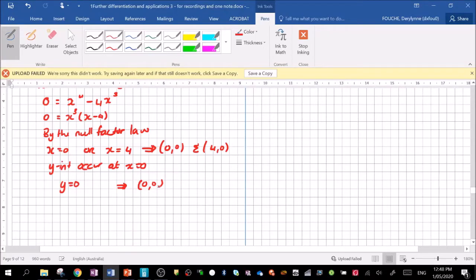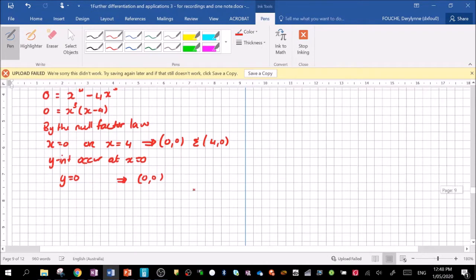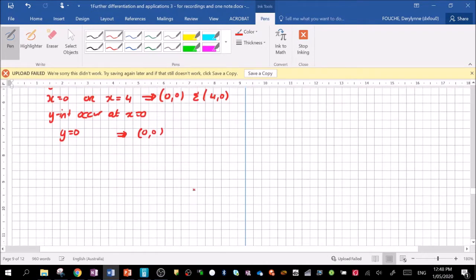At (0, 0). Okay, so I know my x-intercepts, I know my y-intercepts. I'm now interested in my turning points or my stationary points. So stationary points occur, remember, at y dashed equals 0. Okay, so now I need to find my derivative, and y dashed is equal to